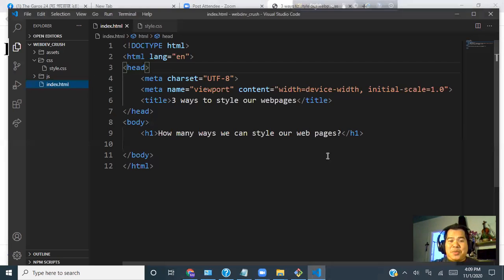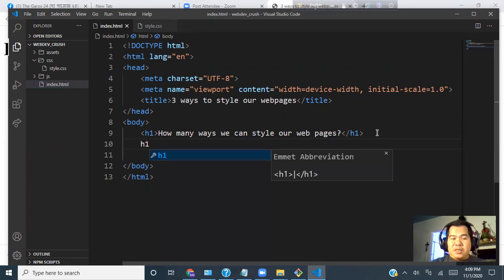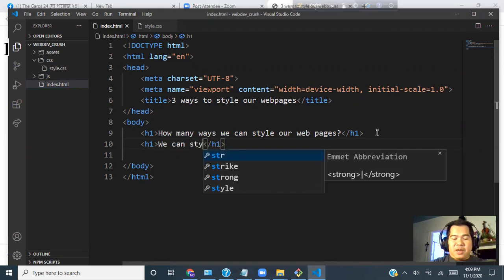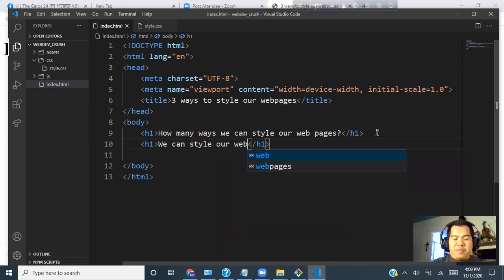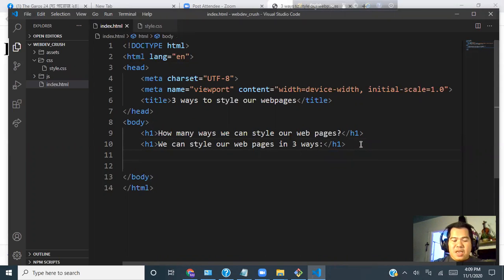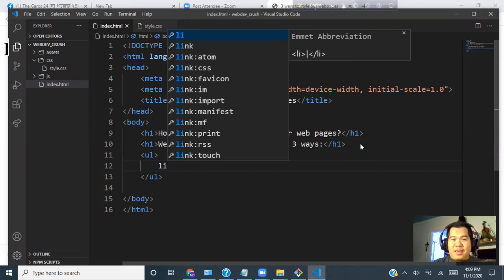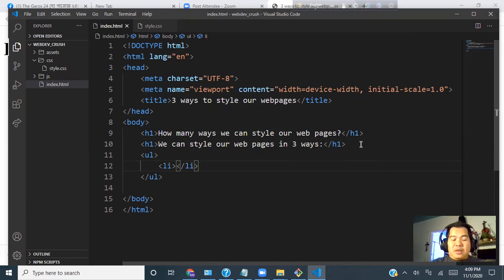Okay, fine. Now let me answer. I can type H2, then press enter and say we can style our web pages in 3 ways. Okay, in three ways. And these are, I can say, UL, UL means unordered list. Inside the unordered list, I can say LI. LI means list item. One way is inline